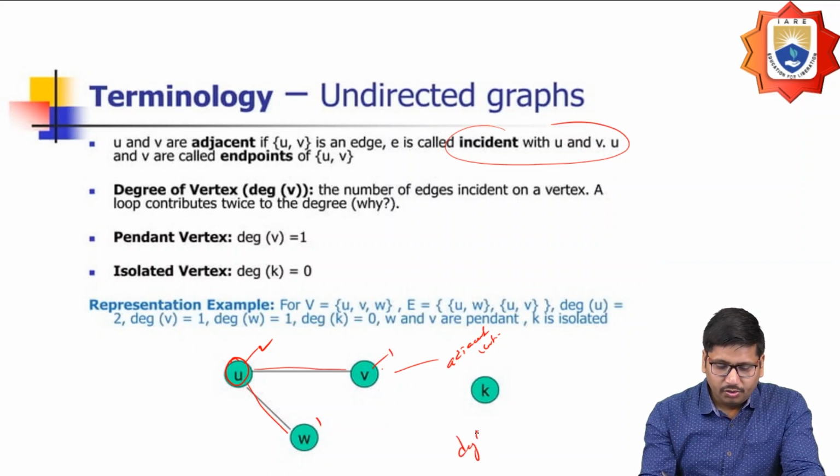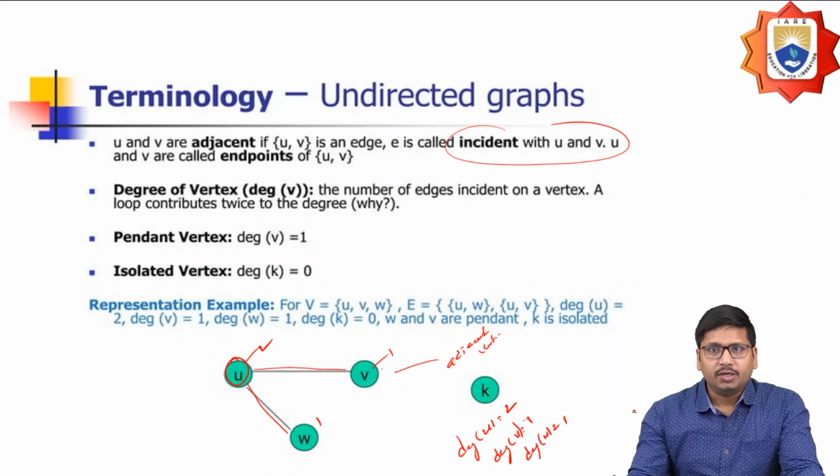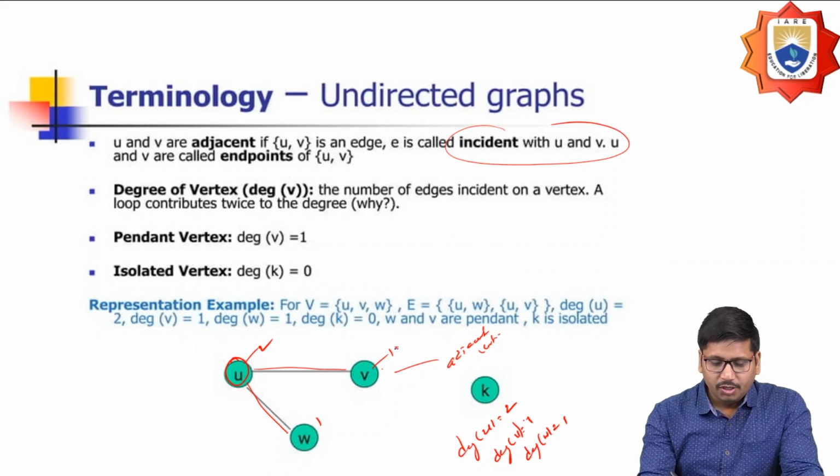So the degree of u is equal to 2, the degree of v is equal to 1, and the degree of w is equal to... So similarly, next we are going to see what the degree of v should be. It should be the degree of the vertex whose degree is 1, which we call the pendant vertex, and whenever the degree of a vertex is 0, so this degree of vertex k is 0, this is what we call